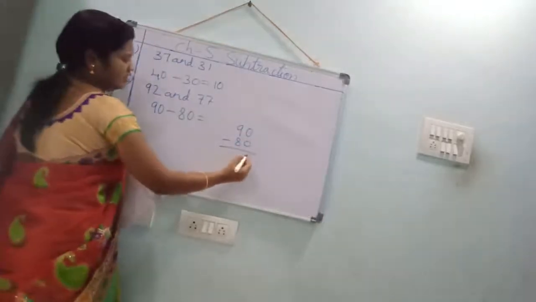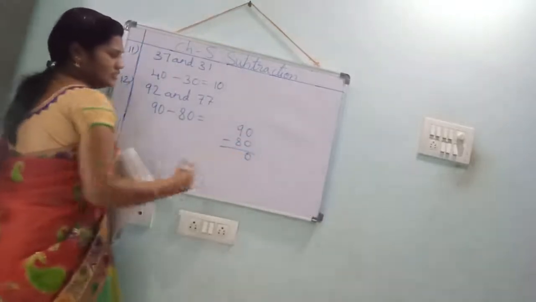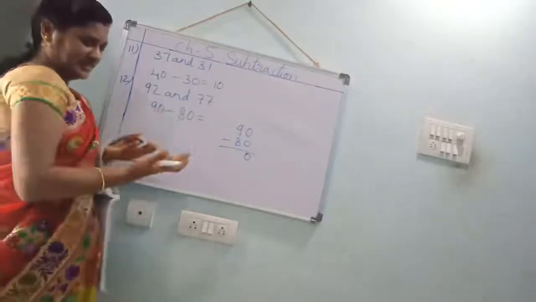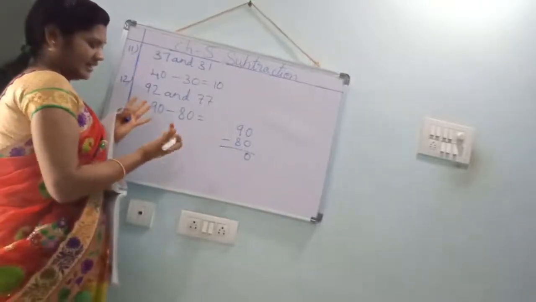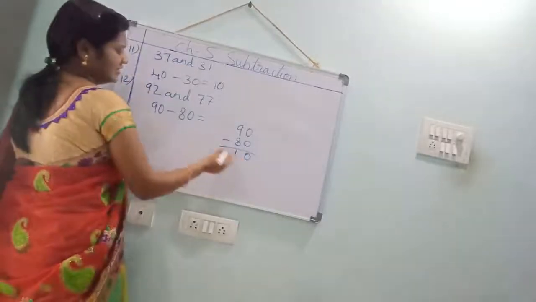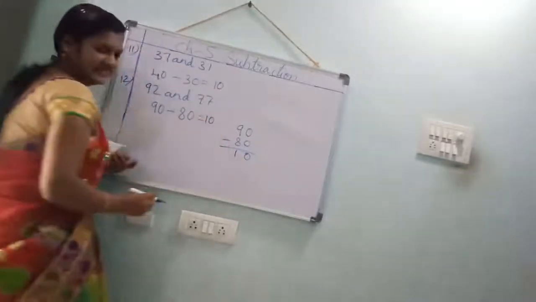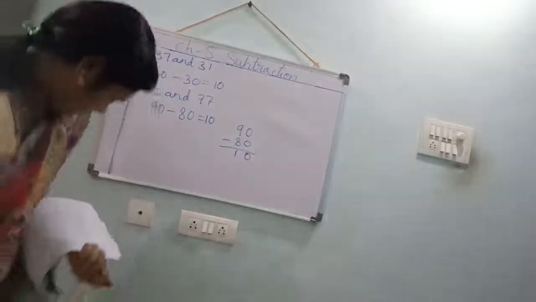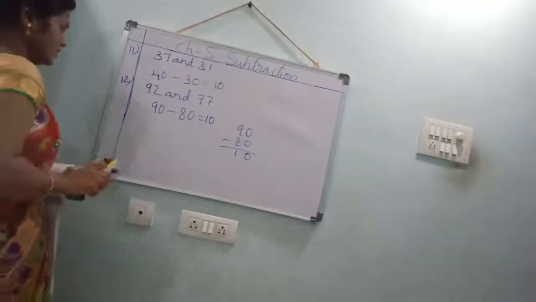0 minus 0, 0. In the 9 you should cut 8 fingers. See, take out your 9 fingers and cut 8 fingers. Remaining 1. That 1 you should write here. What is that answer? 10 is the answer. Understood, children? Next,